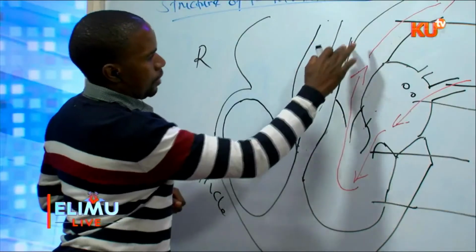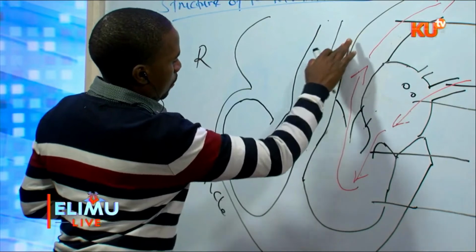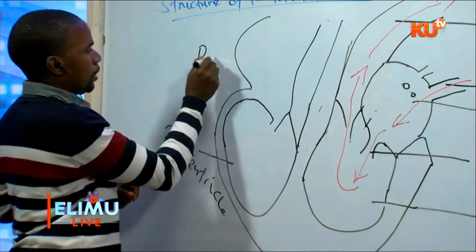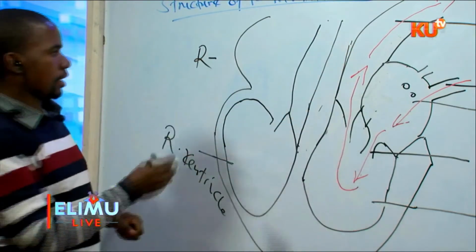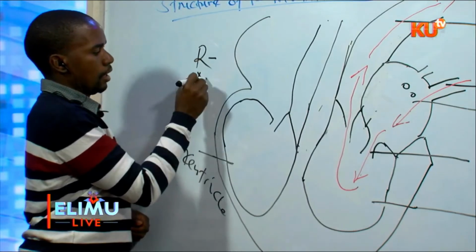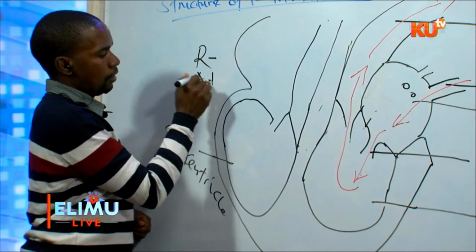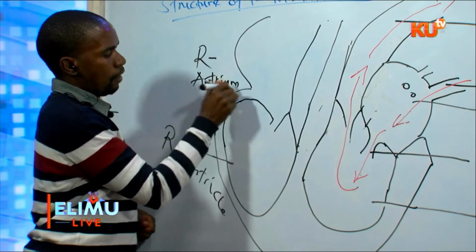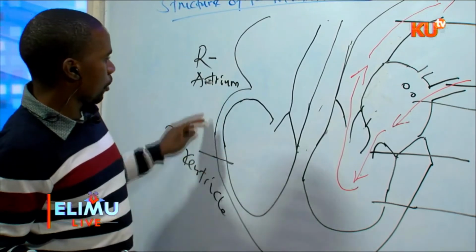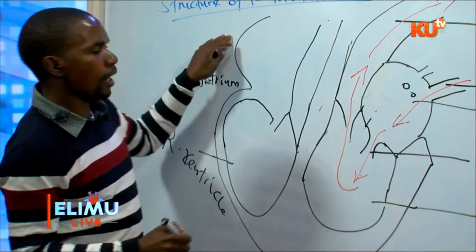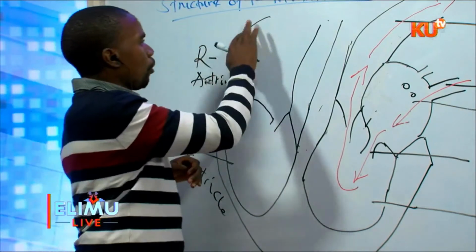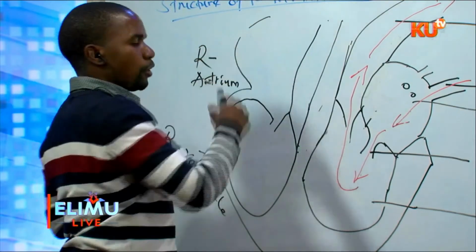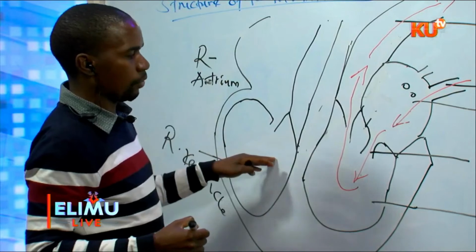This one is the right atrium. Right ventricle, right atrium. Blood is coming in from the body, because now it is coming to the heart,